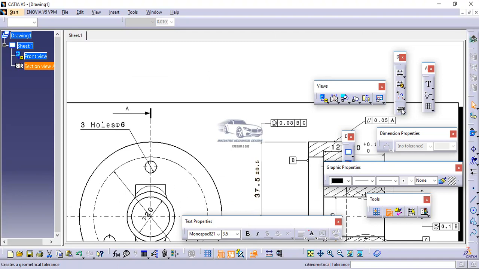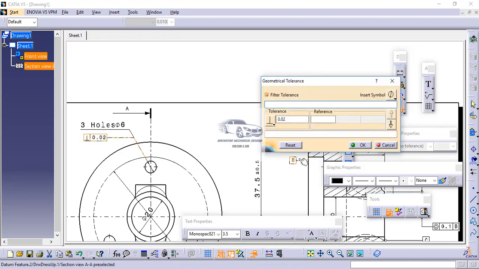So for that we will go to this geometrical tolerance. Now we have to place this geometrical tolerance here, so we can select this line and then we can also use the shift button.